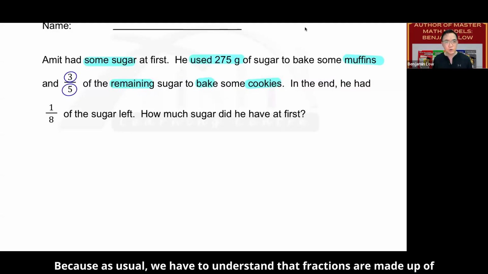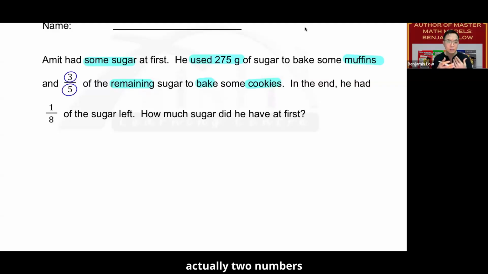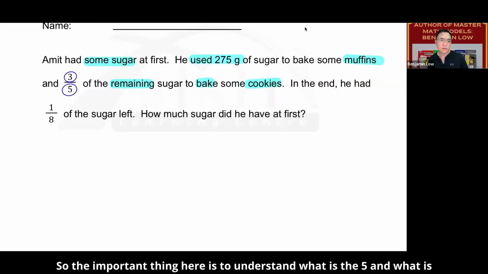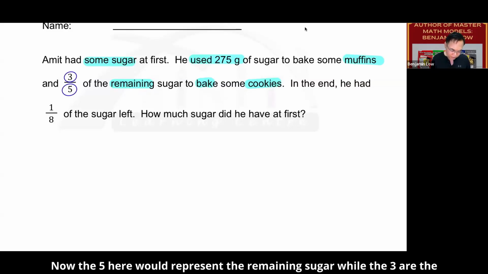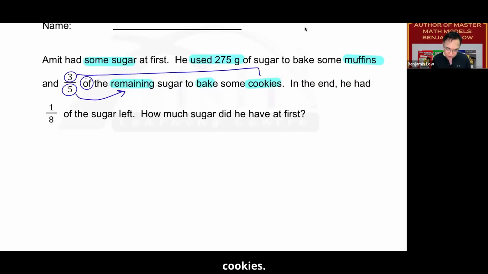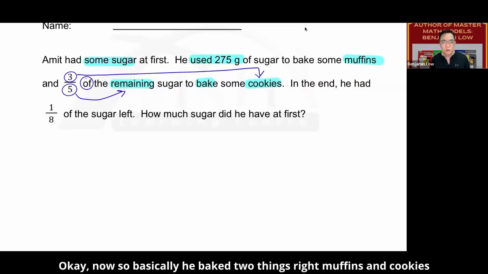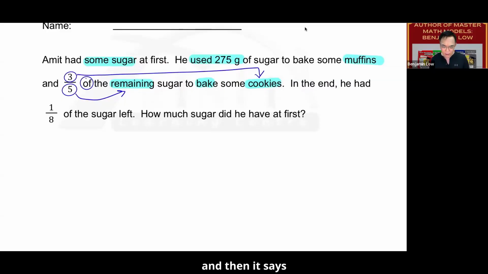As usual, we have to understand that fractions are made up of two numbers that represent two different things. So the important thing here is to understand what is the 5 and what is the 3. Now the 5 here would represent the remaining sugar, while the 3 are the cookies. Is that what you got as well? Basically he baked two things, right? Muffins and cookies. And then it says that in the end,